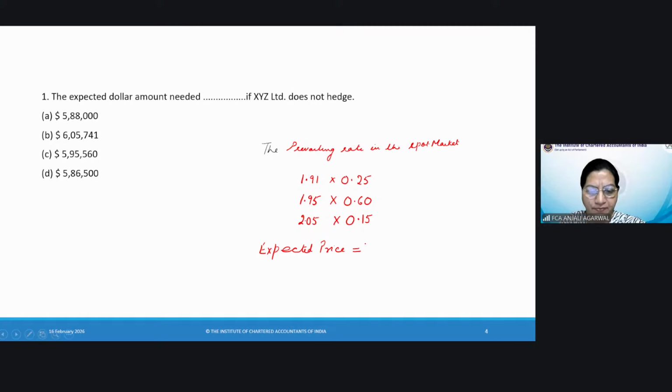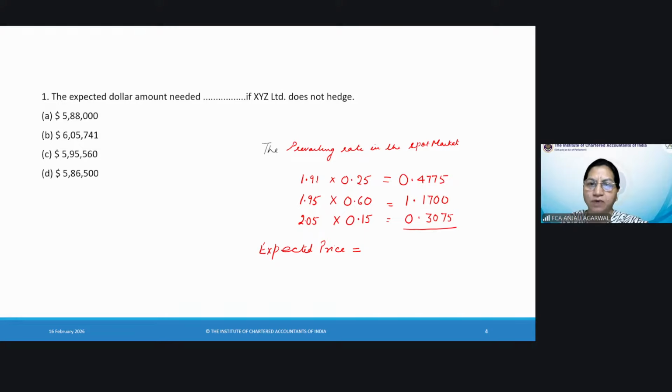So the expected prevalent price after 180 days is going to be 1.91 into 0.25, which is 0.4775, 1.95 into 0.6, which is 1.1700, and 2.05 into 0.15, which is 0.3075. So you will understand and appreciate that when we were doing the same thing for the call option, here